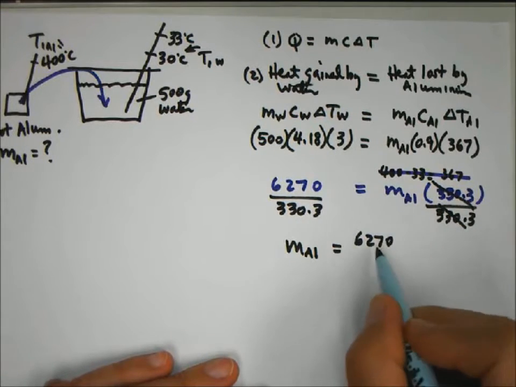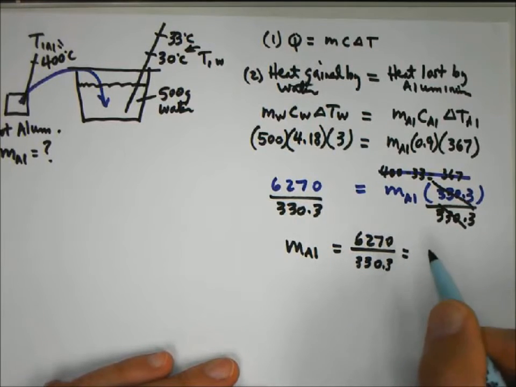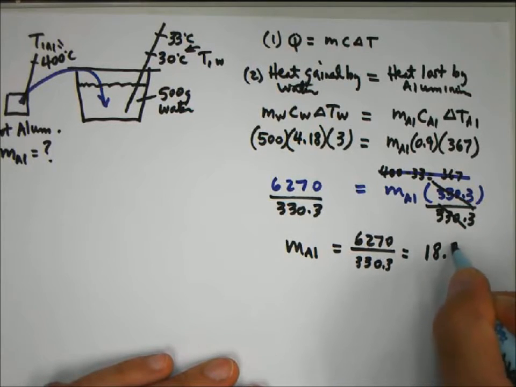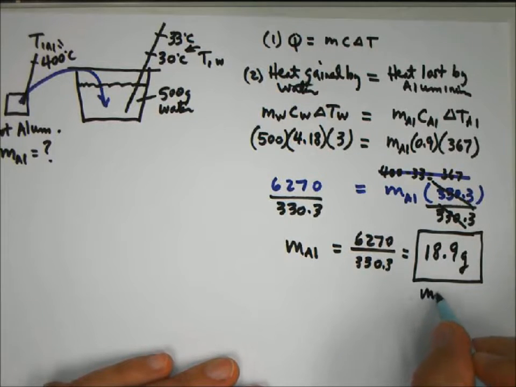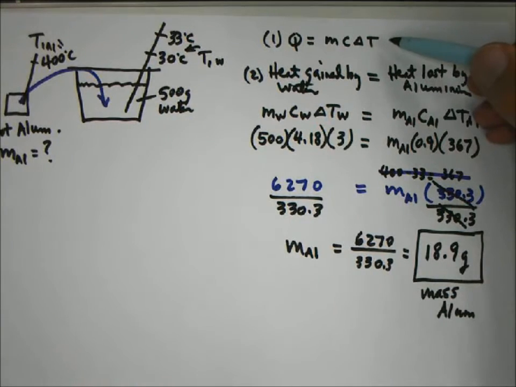Okay, and so we get the mass of the aluminum is equal to 6,270 divided by 330.3, and I've already done it on a side sheet, and that gives approximately 18.9 grams of aluminum. So see, we've solved for the mass of the aluminum